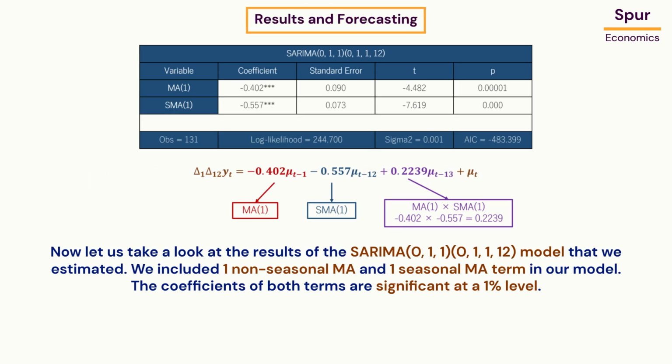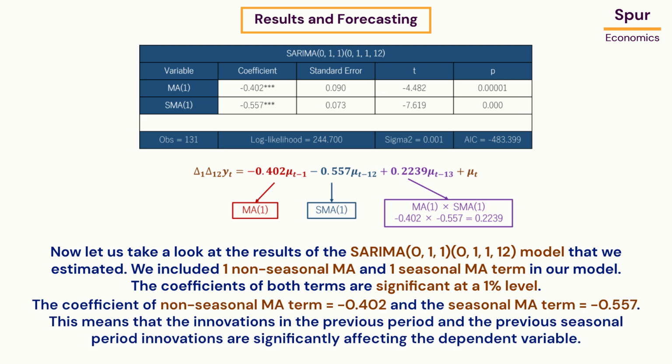Now let us take a look at the results of the SARIMA model that we estimated. We included one non-seasonal MA and one seasonal MA term in our model. The coefficients of both terms are significant at a 1% level. The coefficient of non-seasonal MA term is -0.402 and the seasonal MA term is -0.557. This means that the innovations in the previous period and the previous seasonal period innovations are significantly affecting the